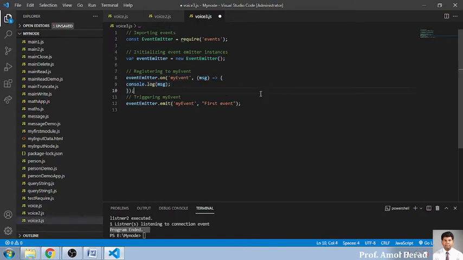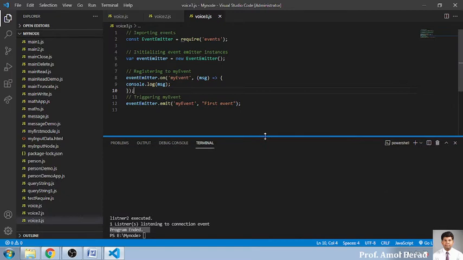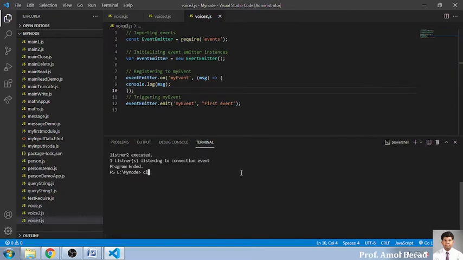This was the main demonstration, so that you are able to understand the code. In various ways, with a function and also with an arrow function, we can write logic in Node.js. So I am running this program, node voice 3, and I am running this one.